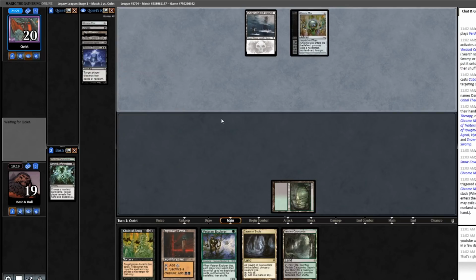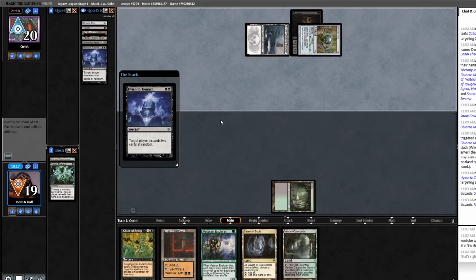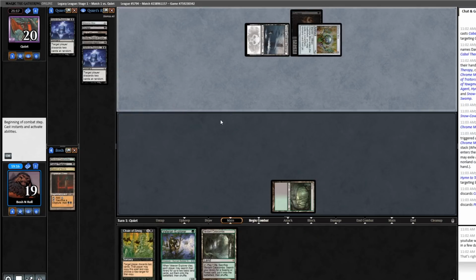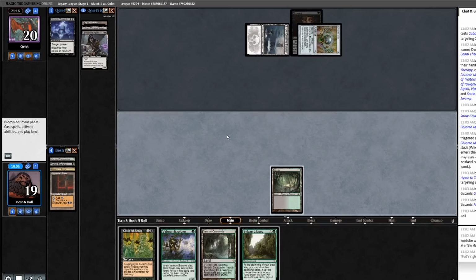Somehow this is better for me. Let's see how good this Hymn is. Okay. It left me everything that I still wanted. Alright, they pitched Duress. They used Chrome Mox. They played Swamp. Alright, so now I can... oh, that was a great draw. So now I can